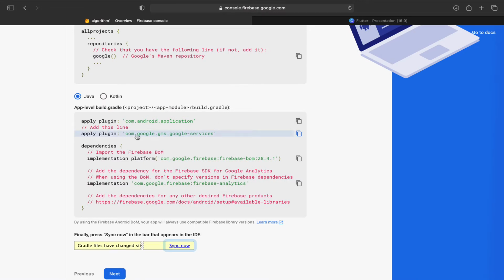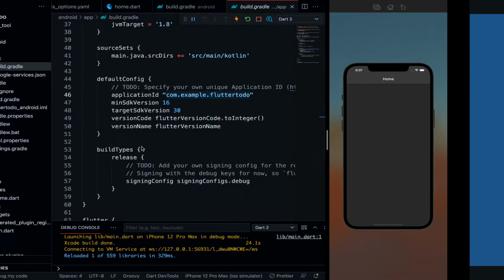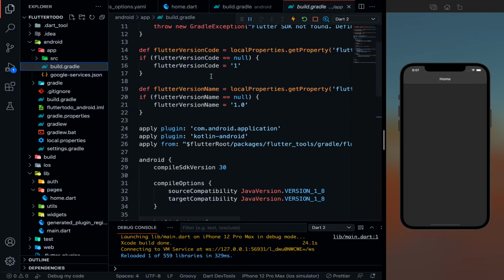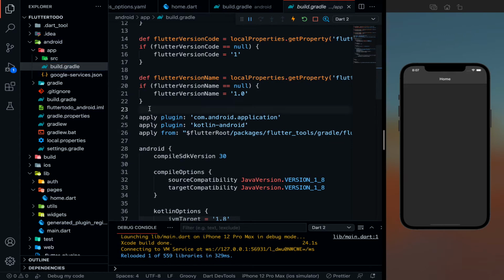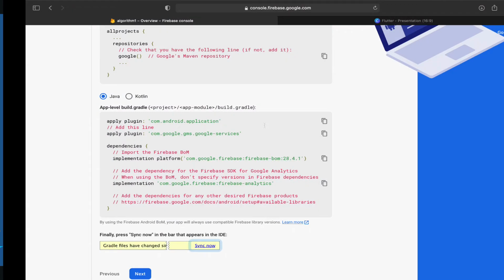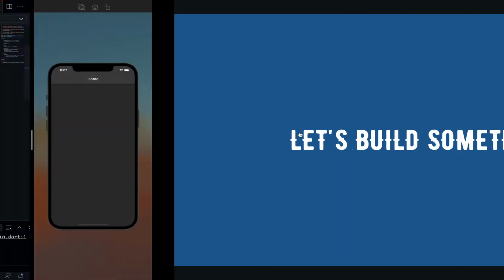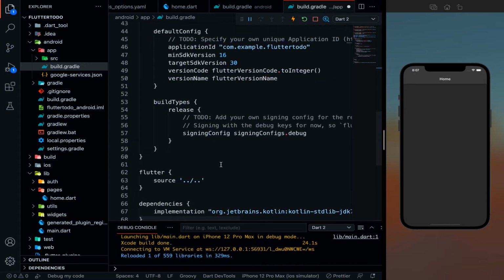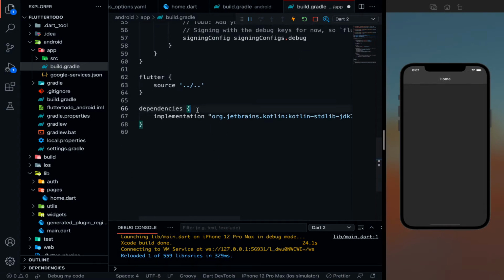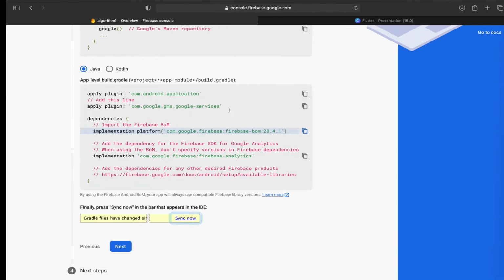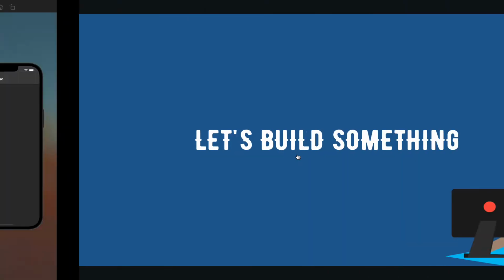First thing, we need to add the plugin, Google Services plugin. So we are using Firebase, which is a Google service. So let's add this plugin. So let's go over here and you can see there are some other plugins also. Let's paste that Google Services plugin. Simple. Next thing is we need to add implementation for Firebase. So let's copy this thing, go to your build.gradle. In the dependencies, we have implementation. Let's paste that. Then we have another implementation. Let's paste that.